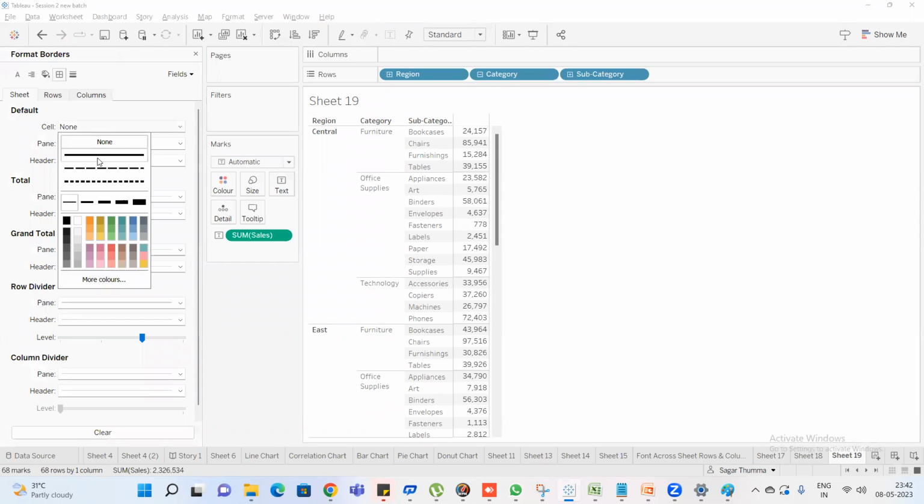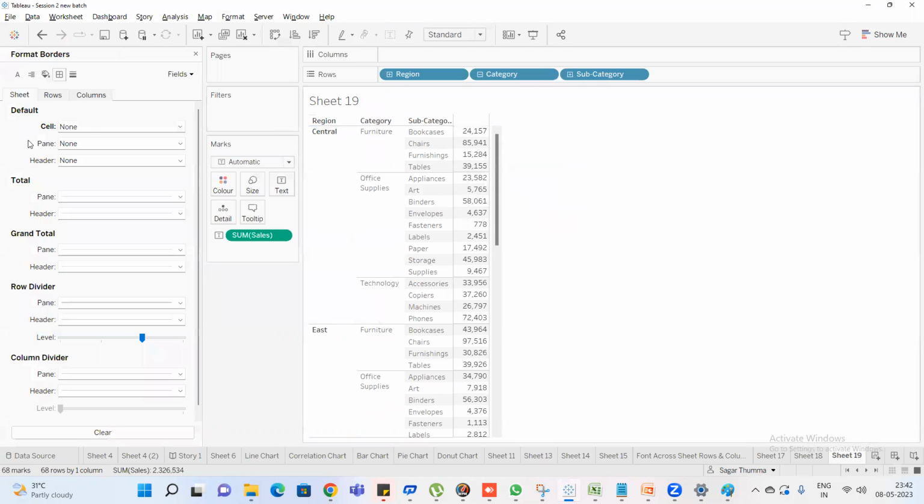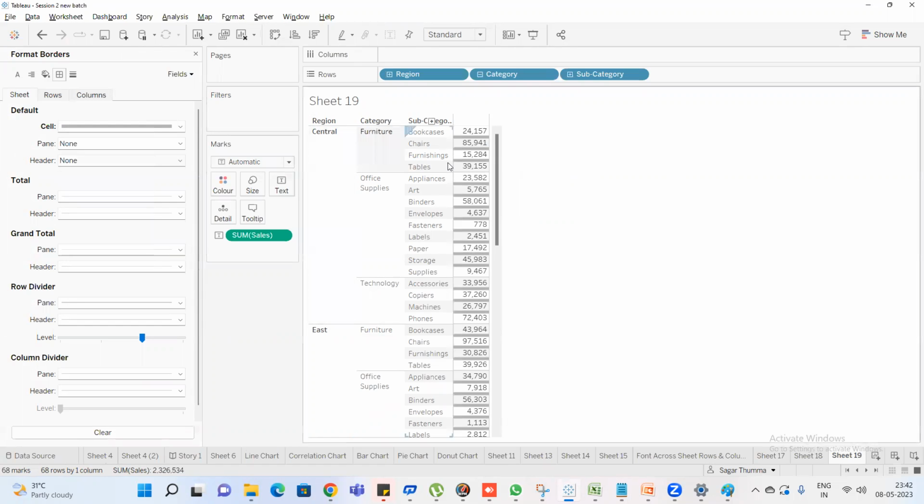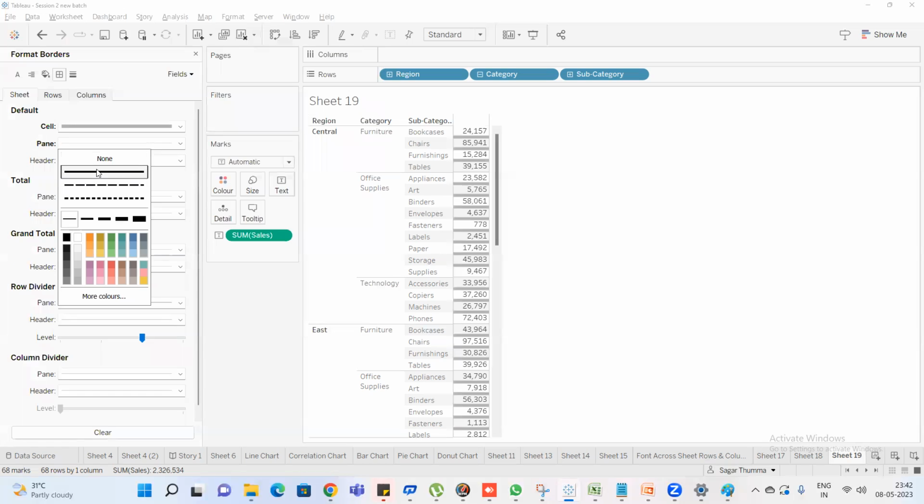Okay, so click on cell. So this will do the borders for each and every cell. So cell is nothing but this one, this data point. And click on this and make the border. So yeah, here you can make the border. And if you